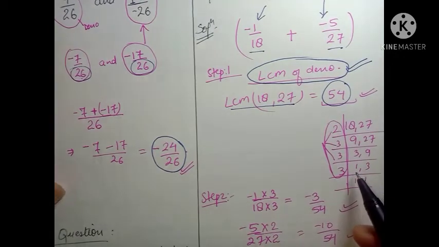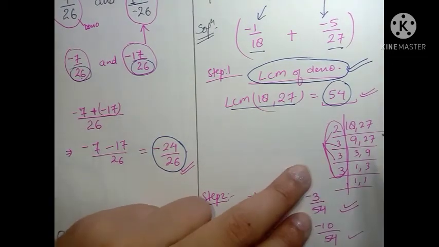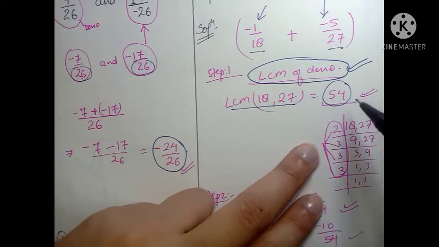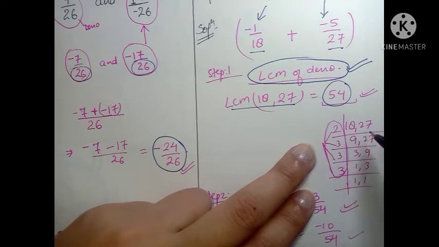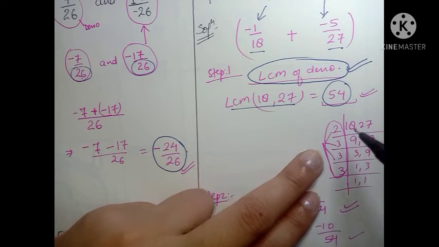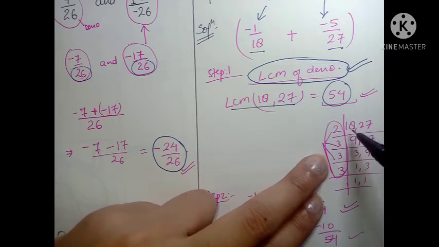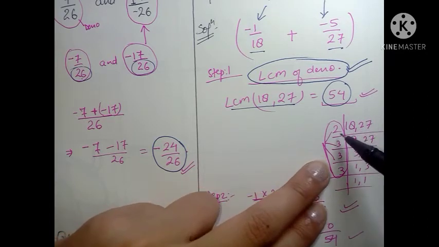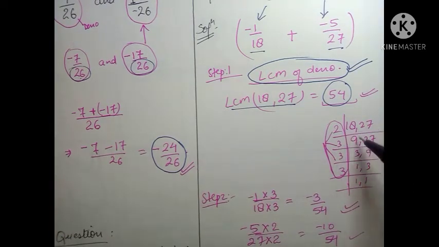And how do we get that? Through the LCM. You must have learned how to do LCM in 6th standard. You write them together, 18, 27, and you guess a number which can divide at least one of those. In the table of 2, 18 comes at 9 times. So we get 2 9s are 18 and we have written 27 as it is.